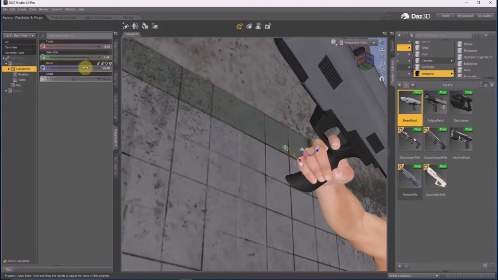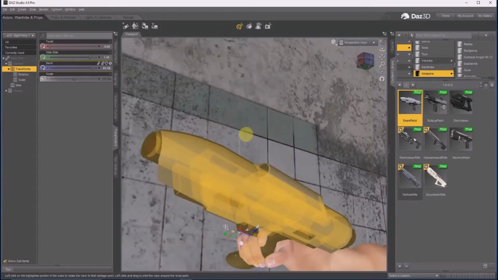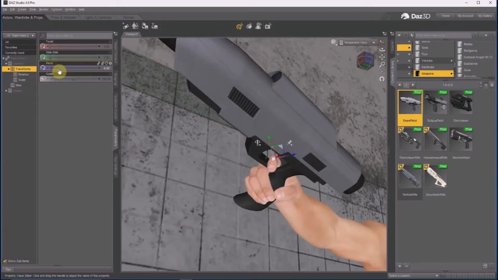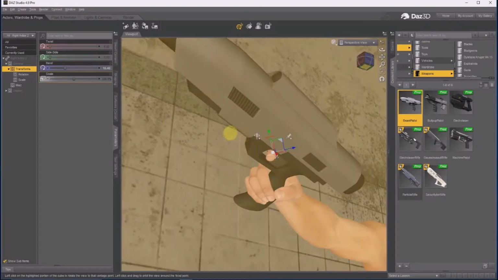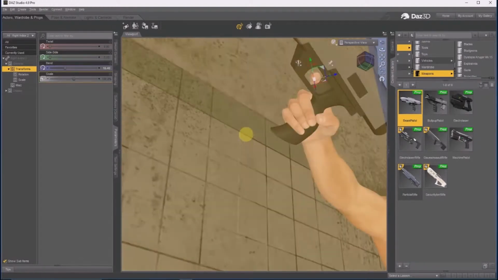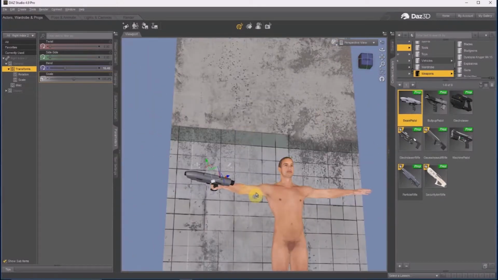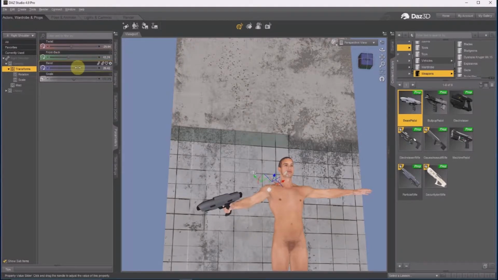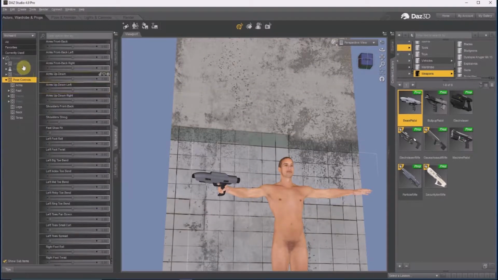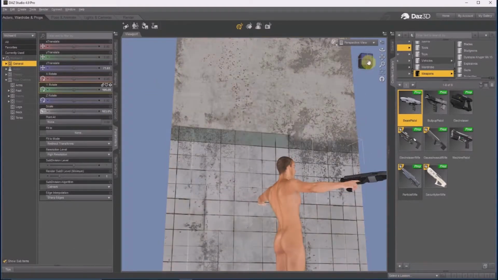The figure I'm using there comes standard with Daz. It's one of the Genesis models. The wall in the background is part of an environment set that I bought, as is the gun. Well, no, it's not part of an environment set, but it's also a purchased asset. But really, you can mock up a scene using pretty much just the default things that come with Daz. I'm just using some slightly more elaborate models in order to have a bit of a shortcut,